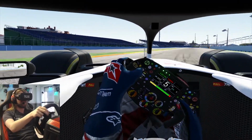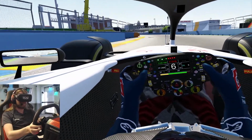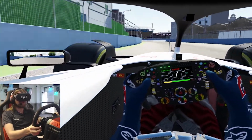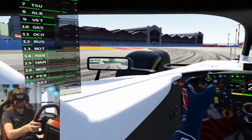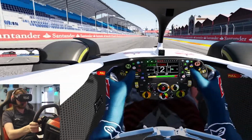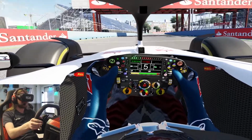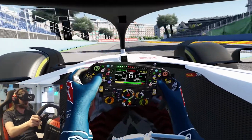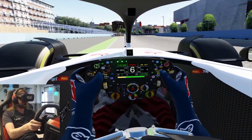So I had to think, who do I think was driver of the day for qualifying, and the fact that Mick Schumacher got in the top 10 for the first ever time, and I can't think of another reason why I would drive a Haas, so I mean the surprisingly quick Haas. So let's have a run around the